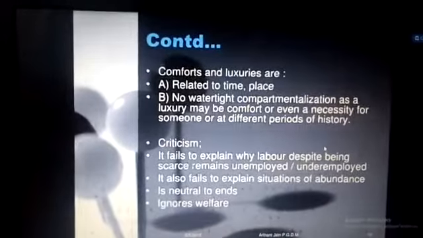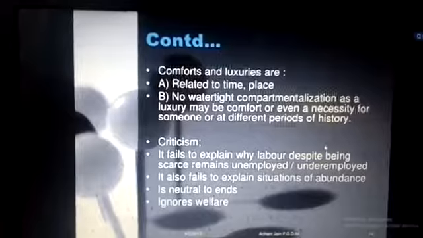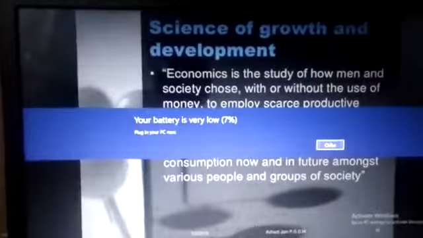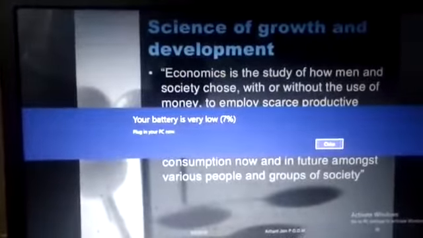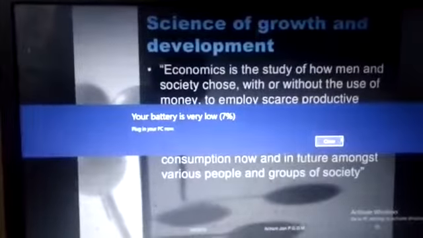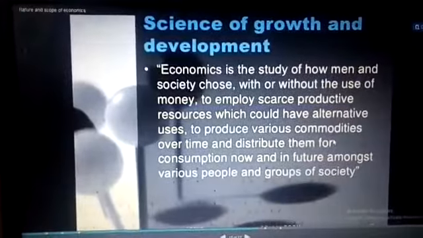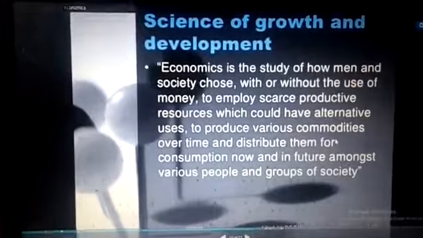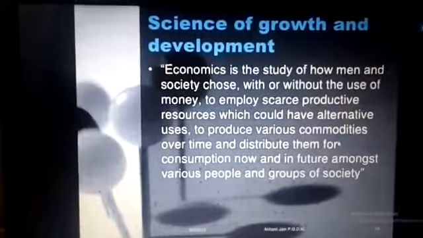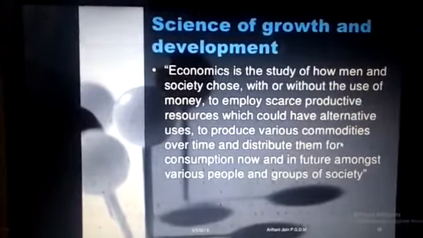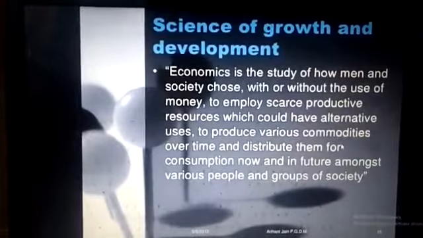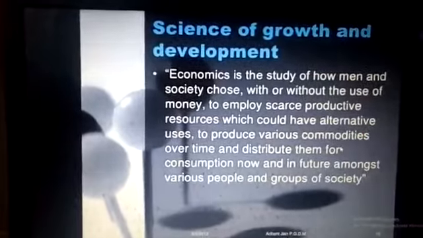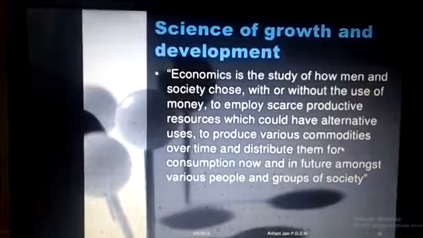So next we are going to see the definition of the science of growth and development. Here we see the science of growth and development. Economics shows how men and society choose, with or without the use of money, and how to explain the scarce productive resources which have alternate uses to produce various commodities over time and distribute them